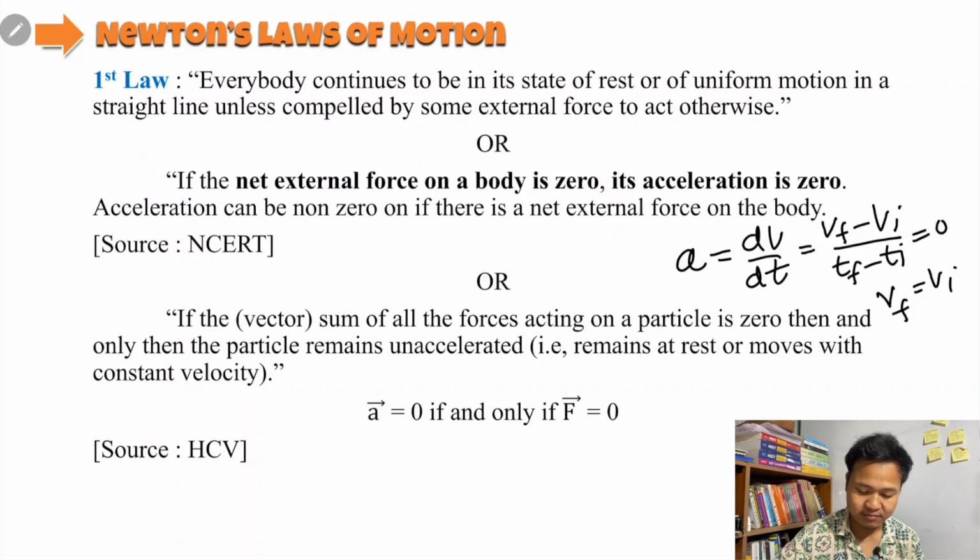So here you have to make one conclusion: if net force is zero, acceleration is zero. If acceleration is zero, then velocity is uniform, right? Constant velocity. Or another case is the particle or the body is at rest. Okay, so here it is also written a equals to zero if and only if f equals to zero. Okay,